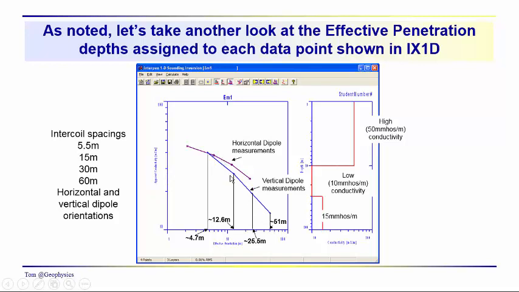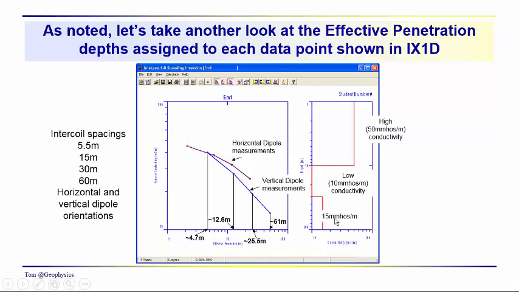Of course, remember these depths are not associated with any actual depth in our model, and that is easily shown over here just by comparing the behavior of the data, the location of the individual data points, with the depths in the model. We have two interfaces in the model, one at 10 meters, one at 30 meters, and there's not a one-to-one correspondence between these two. But as we did mention before, you can see that,